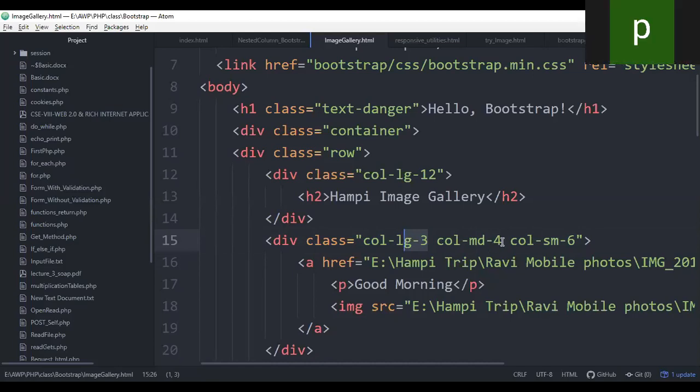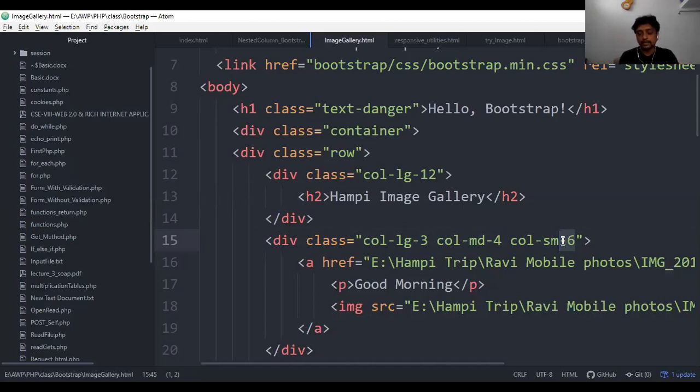If I open on medium devices, it will open with 4 units. 4 units in the sense 3 images will display in one row. If I open on small devices, each column will have the size of 6. If it is 6, only 2 images will display in one row.